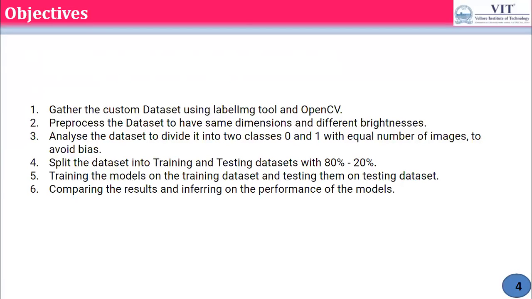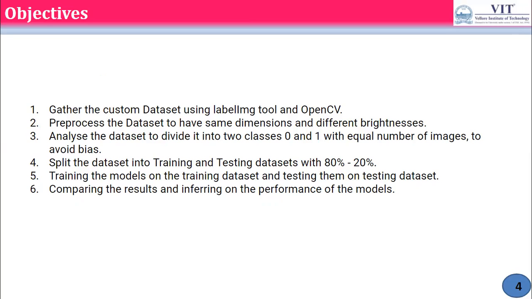Then we need to analyze the dataset to divide it into two classes, 0 and 1. 0 represents that the person is not wearing any mask, and 1 represents that the person is wearing a mask, with an equal number of images, because we need to avoid bias in the model. Then we split the dataset into training and testing datasets with around an 80% to 20%